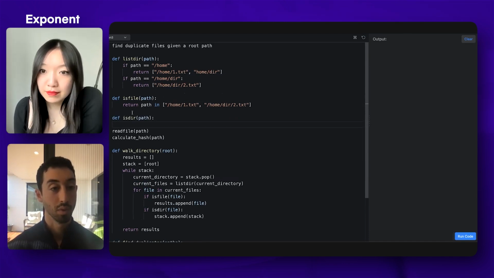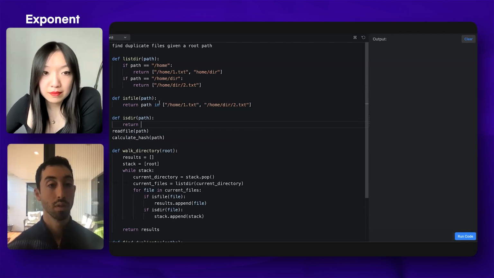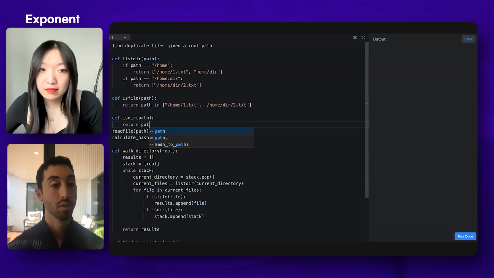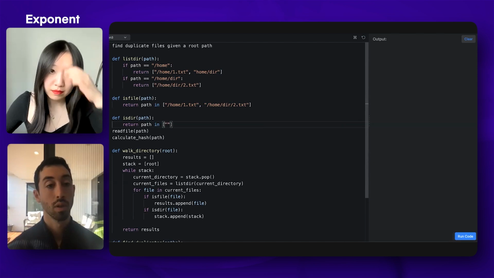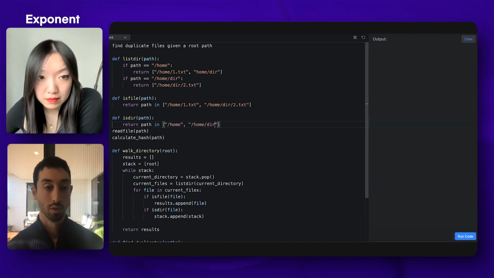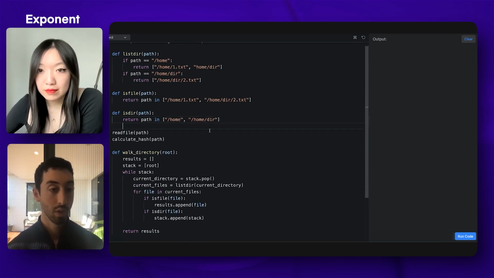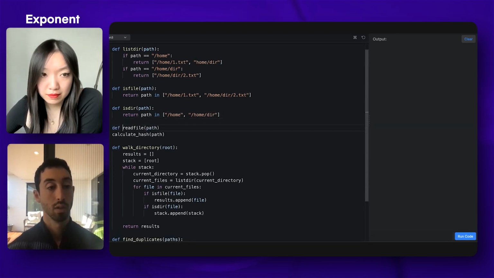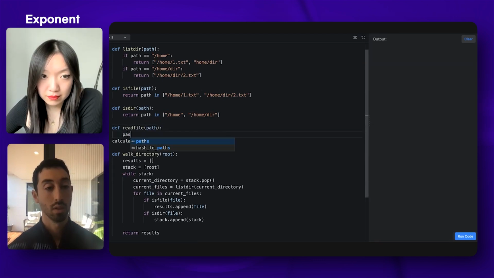And will return on the directories, is path in home. And then this I don't think I need.